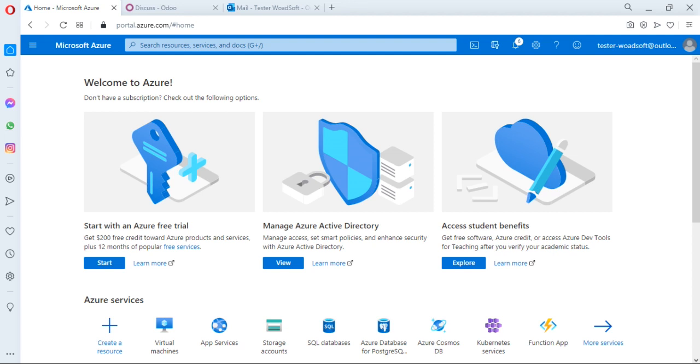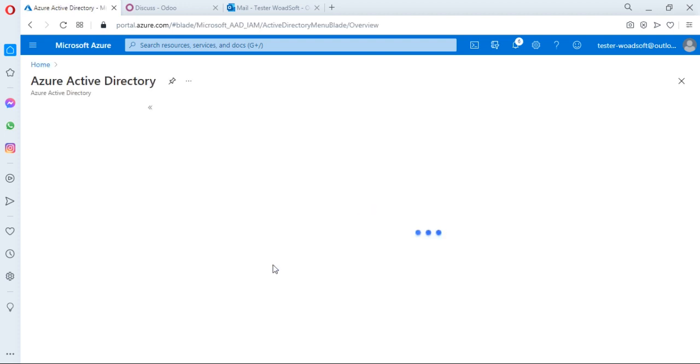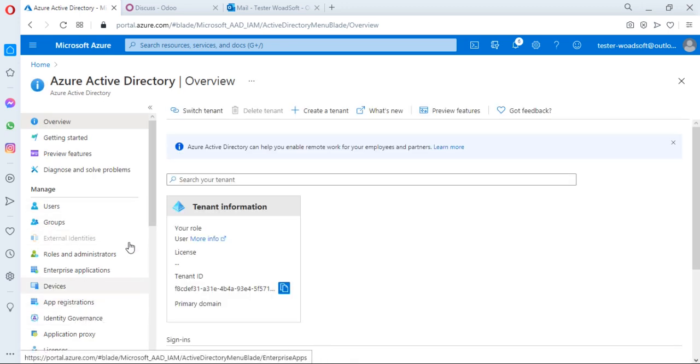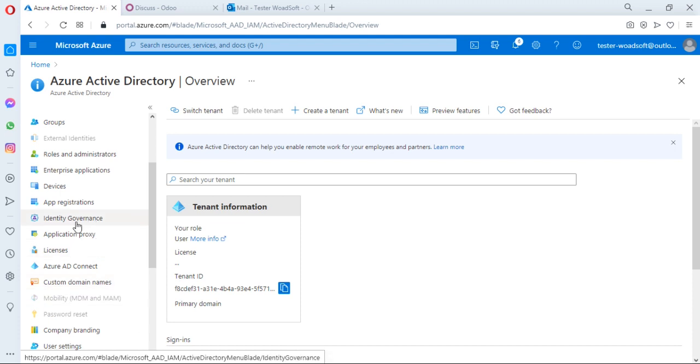This portal is used to create an application, or application registration, to authorize your Microsoft account in the Odoo connector. So let's start the application registration process. Click on to view directories, and here is the registration link inside the menu, app registration,